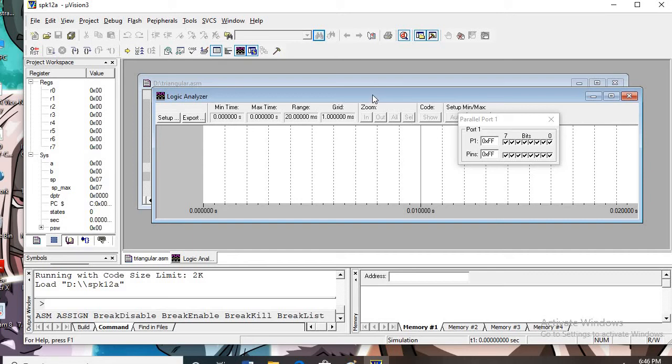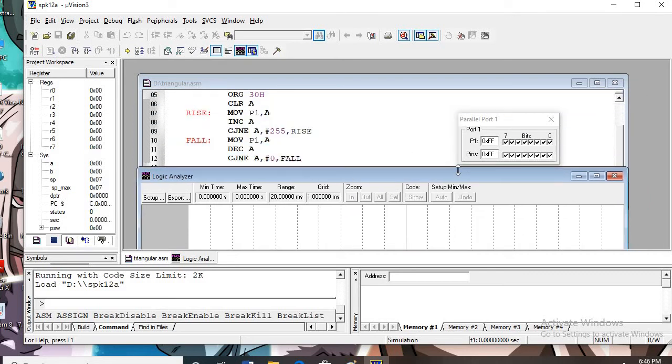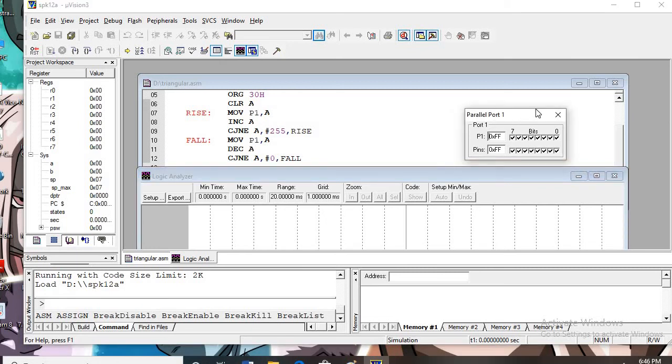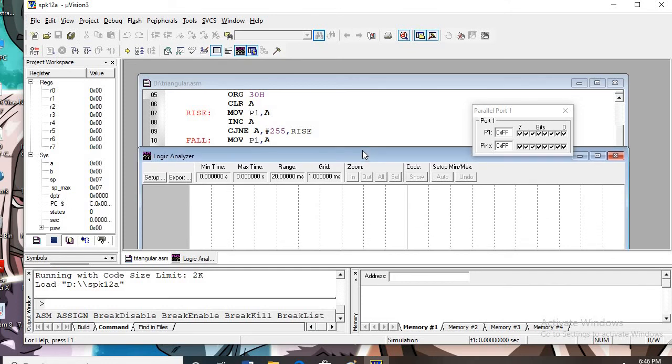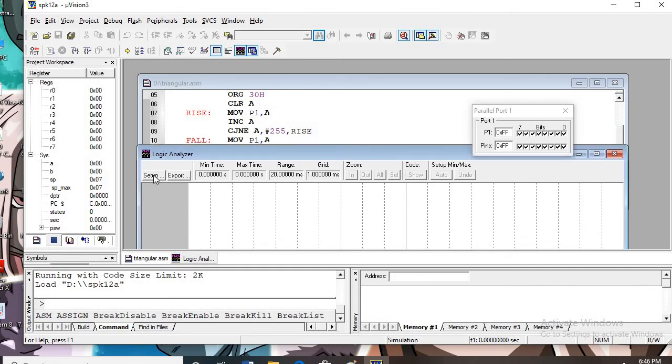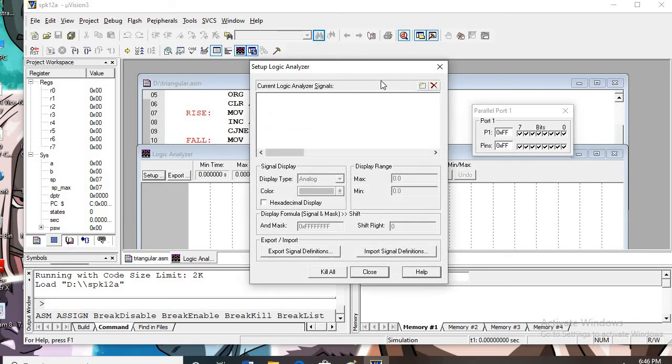Just bring it down a little bit, move it here. Now first of all we have to define the port setup. I will give here port P1, with caps lock on, P1, because on port P1 we have transferred the contents.